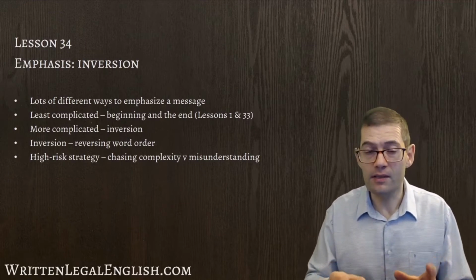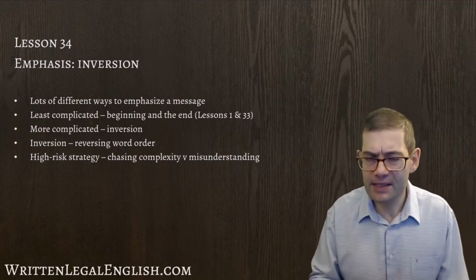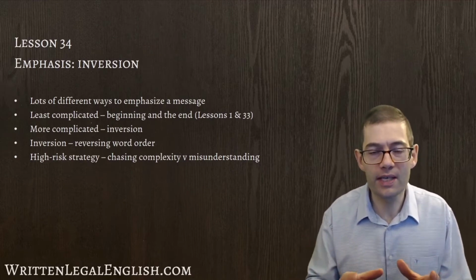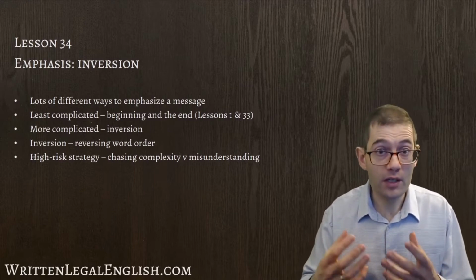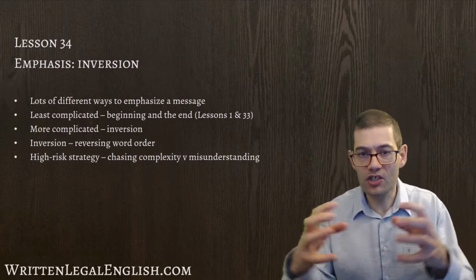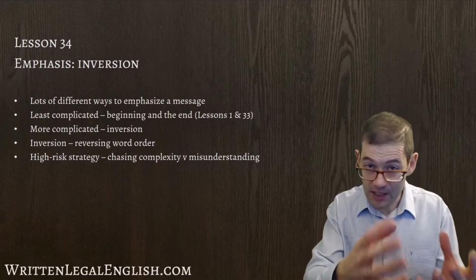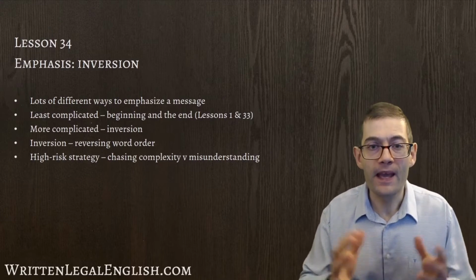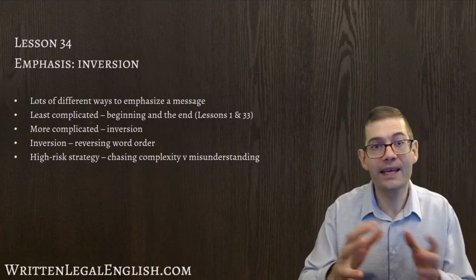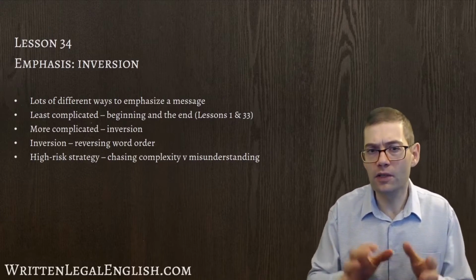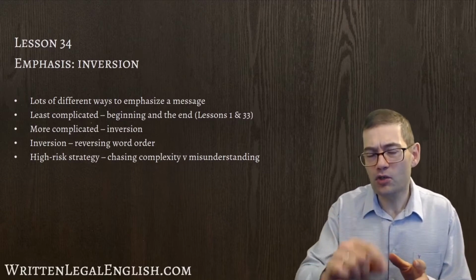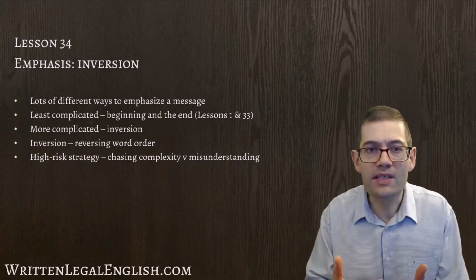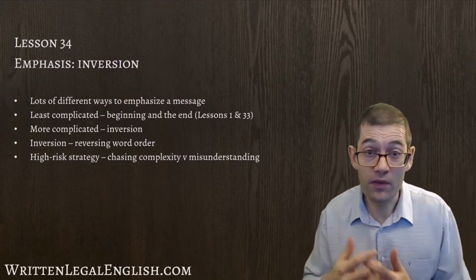In the first few lessons, lessons 1, 2, and 10, when we looked at putting things in the right order, the active voice, and short sentences, these were all about front-loading emphasis. So getting your message together at the front of the sentence, at the beginning of the sentence, so the reader knows exactly why you are writing. And then in the last lesson, we had a look at back-end emphasis, where we want to focus on a word or a phrase and make sure we put that at the end of the sentence so the reader remembers that message and takes it away with them.